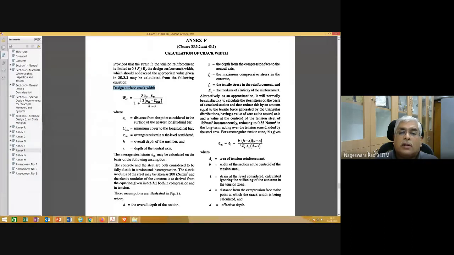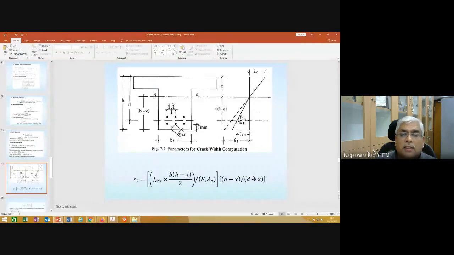Okay, so this is the width. WCR is nothing but crack width, and the rest of the quantities are all given here. Let's go through each of these. Okay, ACR, and first of all, the crack width. Please note that. Let me show you a figure, then you will understand. So take a note of this figure.